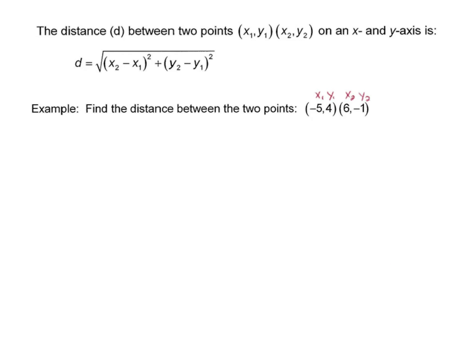To find the distance between 2 points, which we'll call x1, y1, and x2, y2, on an x and y axis is the following formula. Distance equals square root of x2 minus x1 all squared plus y2 minus y1 all squared. So for example, if I want to find the distance between the 2 points -5, 4 and 6, -1,